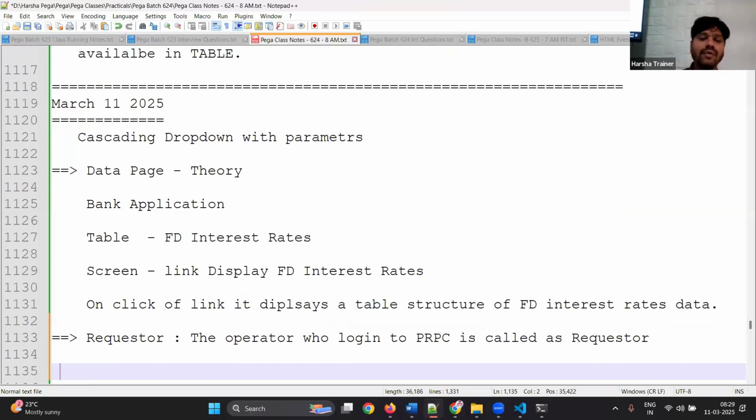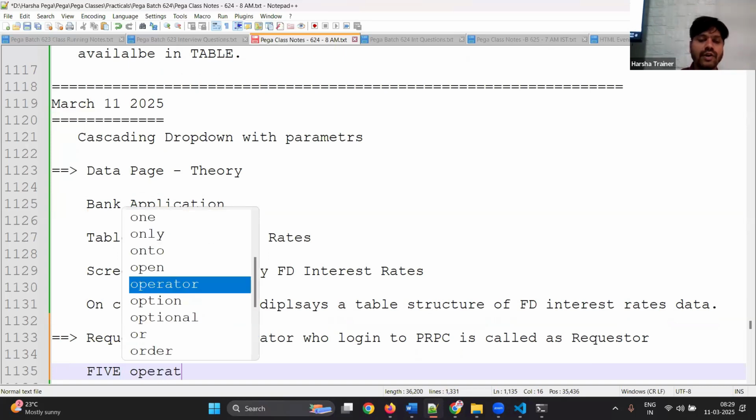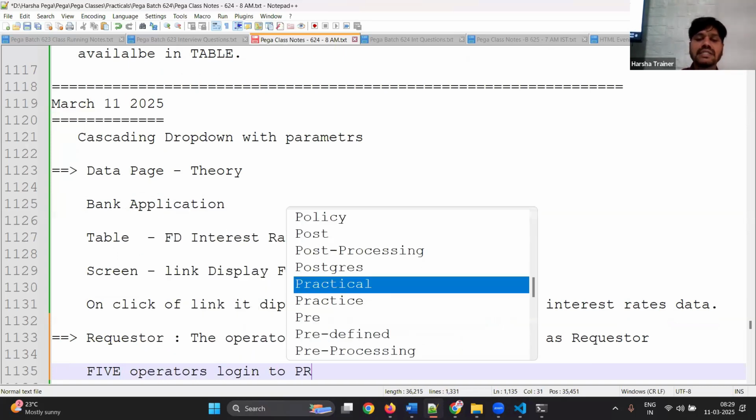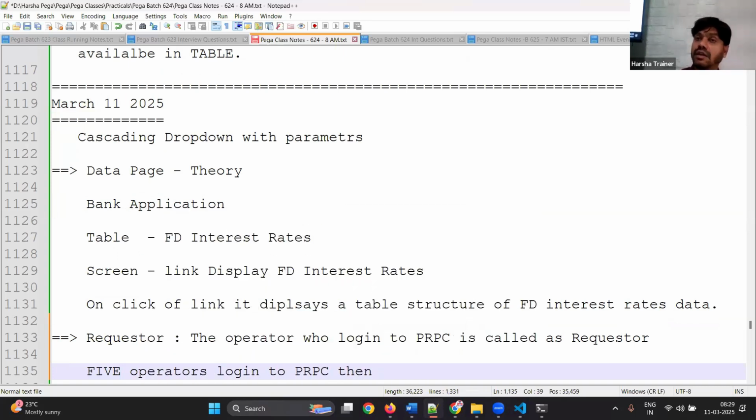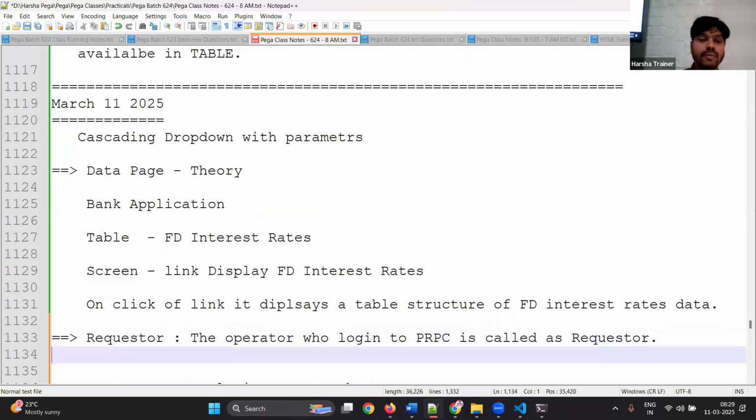Suppose 5 operators log into PRPC. Let me write this down here. How many requesters are there in PEGA? If 5 operators log into PEGA, how many requesters will be there in PEGA? 5. So when a requester logs into PEGA,